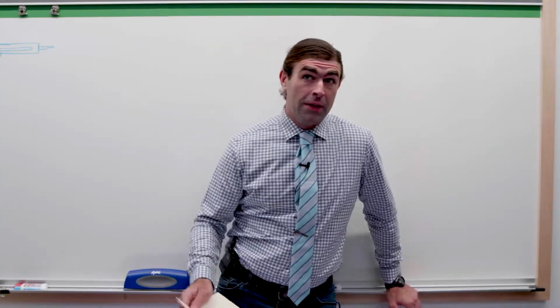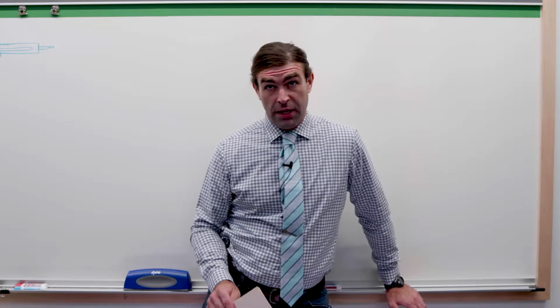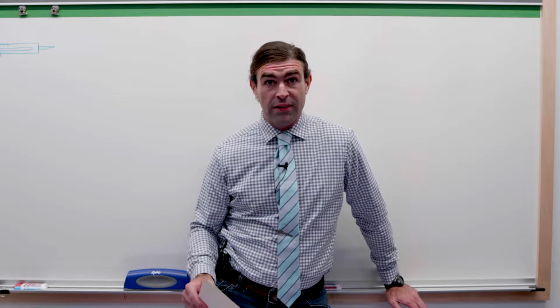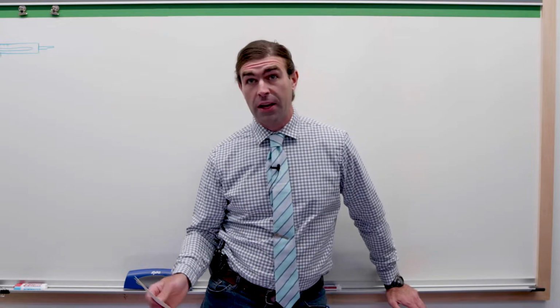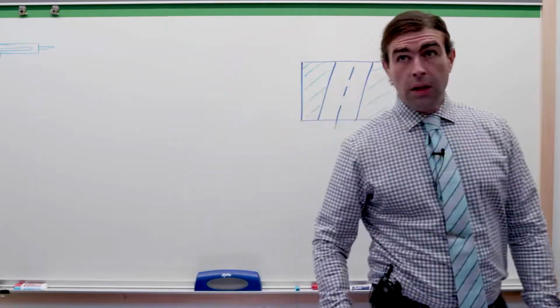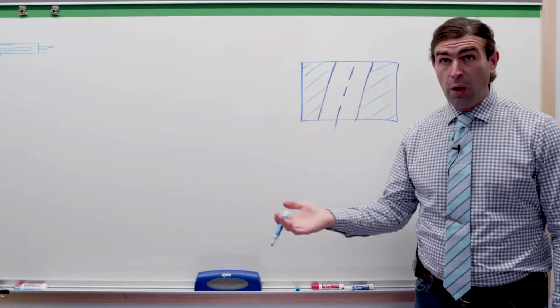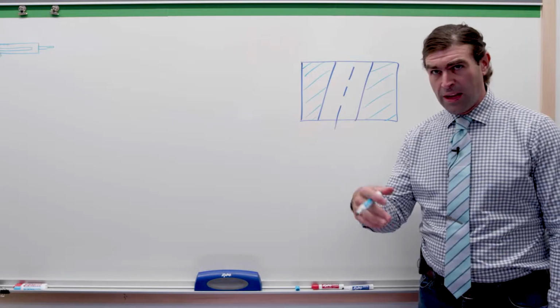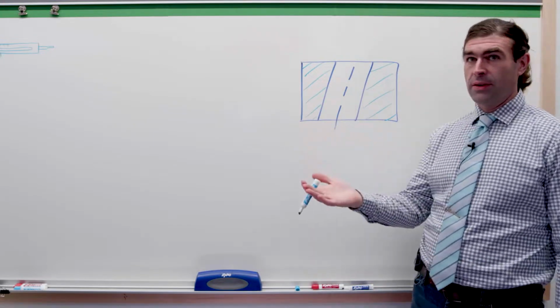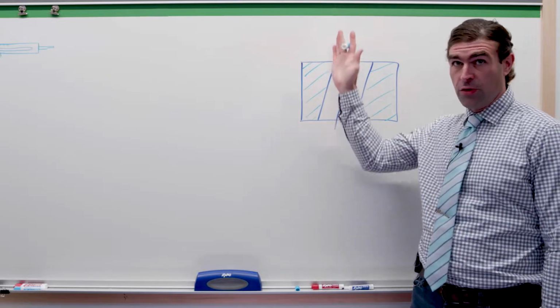So if you're still with me, let me try to explain what some of these mean. What you're really looking for, and the way I like to phrase it, is how much room can a feature take up. So let me give you an example. On the board, all I have is a hole going through a block. So no tolerances, no geometric tolerances or anything, but we just imagine that this hole should be straight, but it's